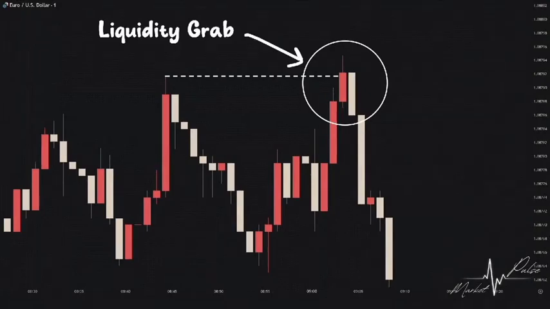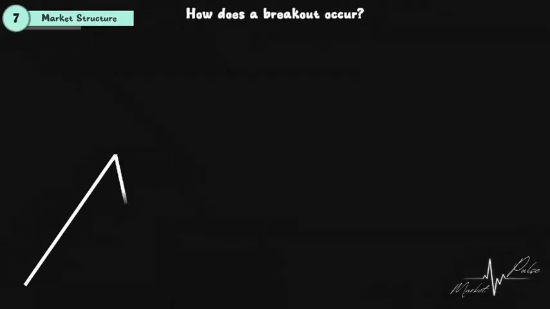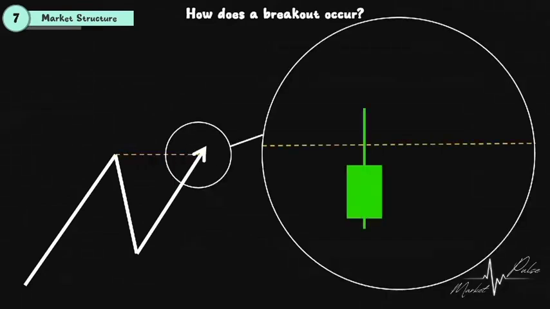So let's make our concept more advanced. If the price wicks above the previous market structure and closes back inside the range, we won't have a valid breakout, which we previously discussed. But in order to have a valid break, the following candle needs to close above the previous one. This is a strong sign that the sellers have failed to push the price back inside the range and the